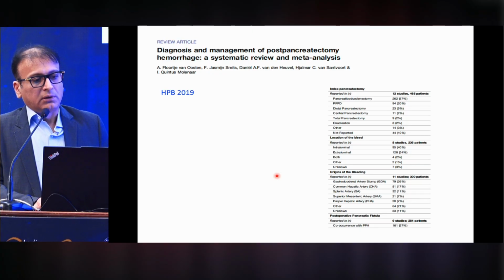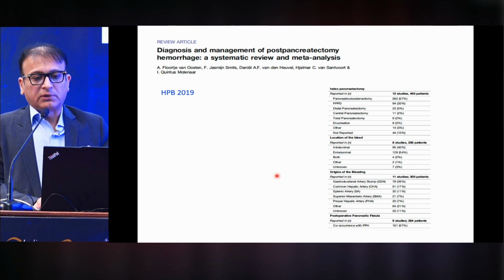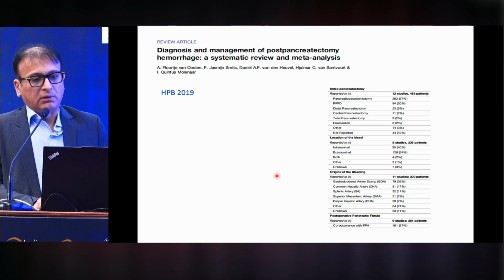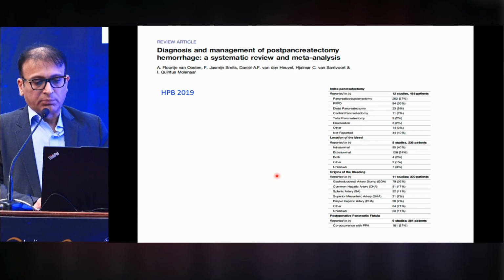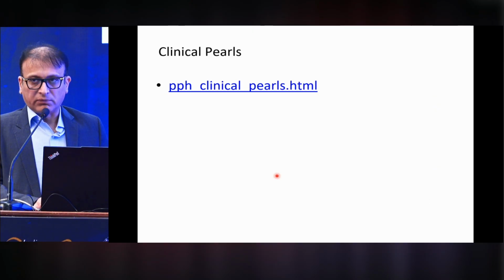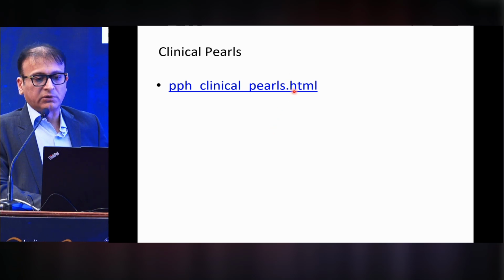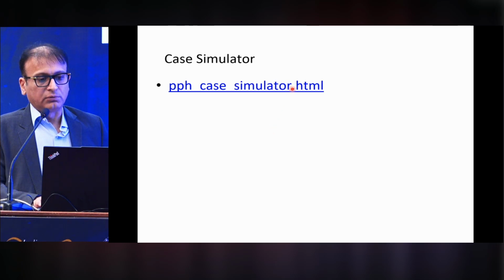If you try to look at the various sites of bleed, these are just the technical or the arterial sites of bleed. After PPPD, after distal pancreatectomy, after central pancreatectomy, and location of the bleed, whether it was intraluminal or extraluminal. This data was published in a meta-analysis in 2019, and common hepatic artery, splenic artery, etc. Once again, trying to emphasize the fact that if we try to consider so many variables, it becomes difficult for the reader or the person who's trying to